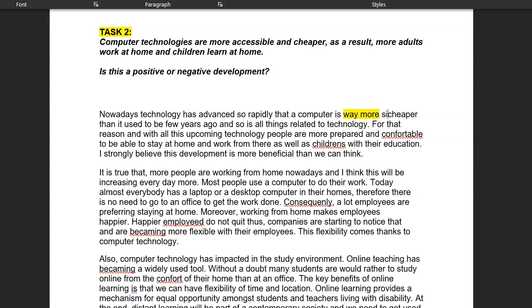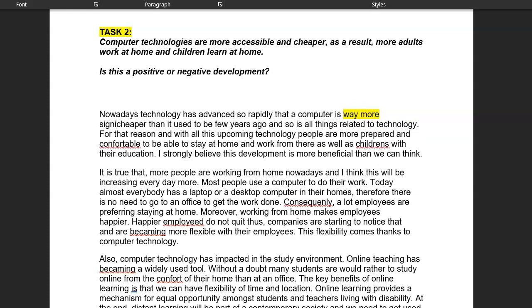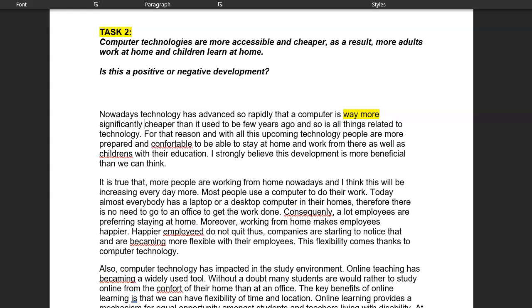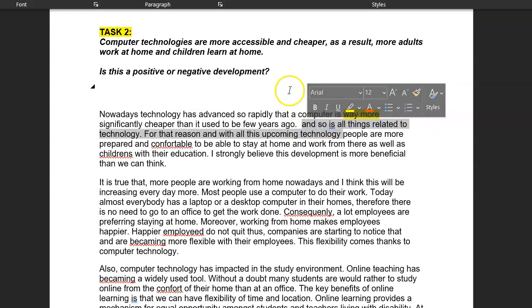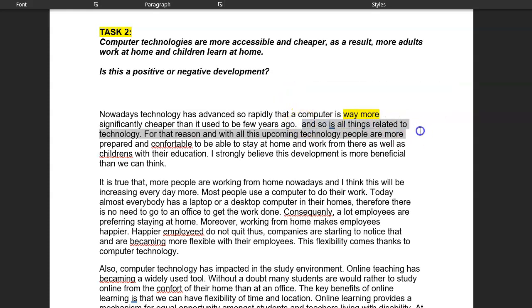Way more is not formal enough for IELTS writing. Cheaper than it used to be a few years ago, and so all things and so are. I would stop there. All things related to is a bit casual. Yeah, I don't think you need that. For that reason,